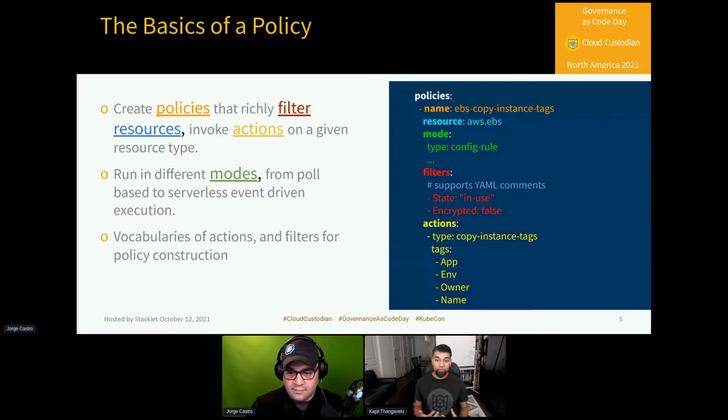And then finally, for the resources that match on these filters, we'll take a set of actions. And actions can, in this case, we're going to look for an EBS volume that's attached and used, and in this context, copy the tags from the instance onto the volume. So this list of vocabularies of actions and filters allow you to combine in arbitrary ways to affect whatever policies you may want in your environment, be it notification driven, be it remediation, complex workflows around resources, everything from off hours to managing encryption. And I'm sure we'll hear lots of great use cases through the presentations today.